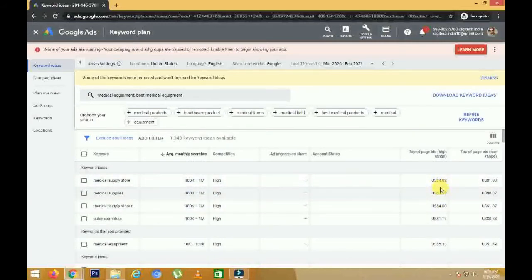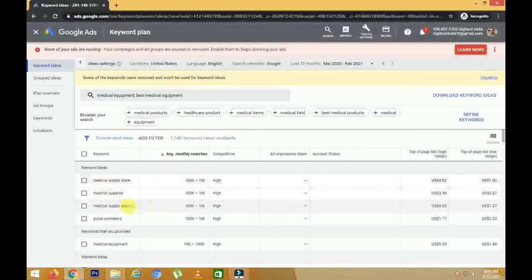This is for the reference of Google ad account solely, which means that if you are creating a Google ads campaign, then you will be able to have a better idea about the CPC that you will be getting charged for every click for running the campaign on Google. Now let's go through the list of keywords that I can see here.